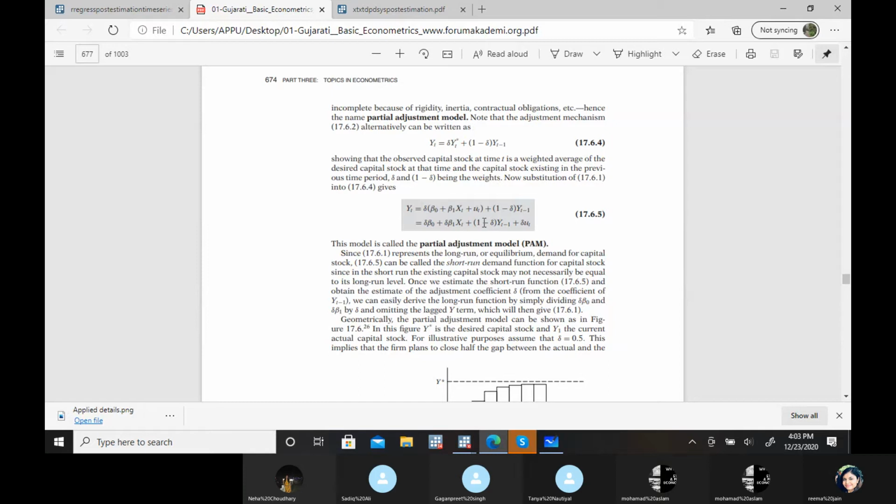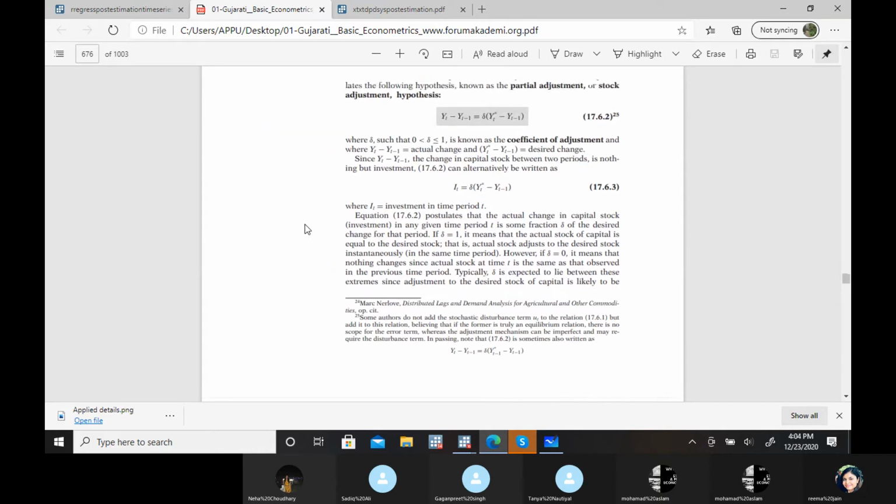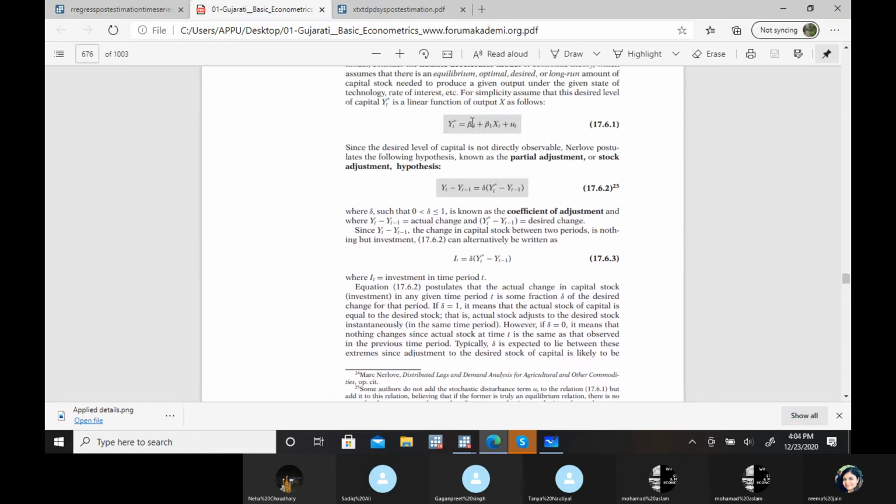How? Just write 1 minus gamma equal to that coefficient, and you will get the value of gamma. Then divide these coefficients by this gamma, then you will get the values for beta 0 and beta 1. And that's the purpose, because in the original model we want values for beta 0 and beta 1.